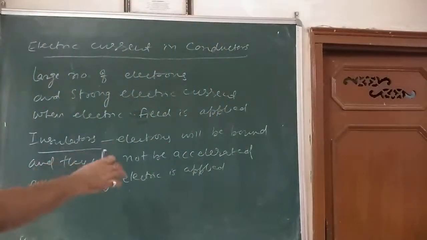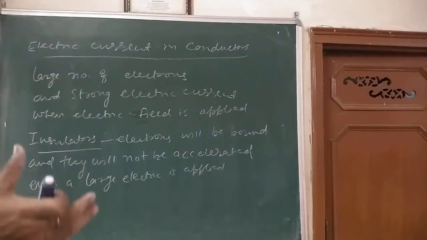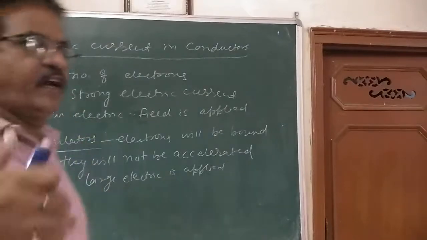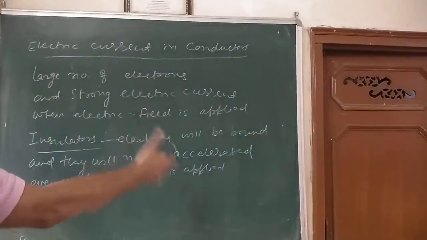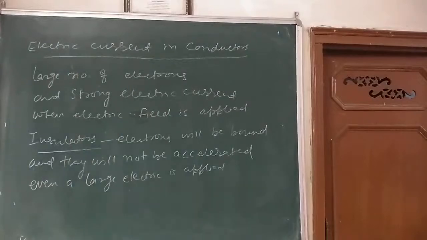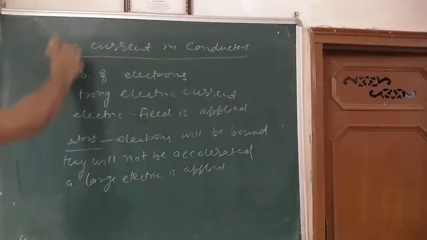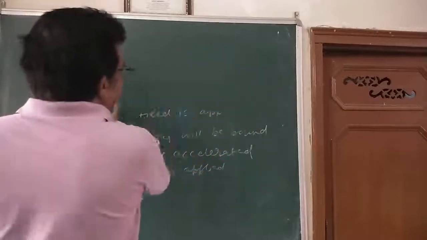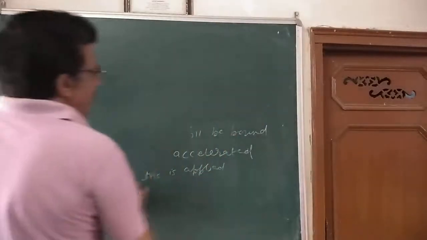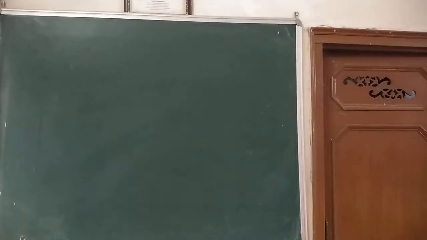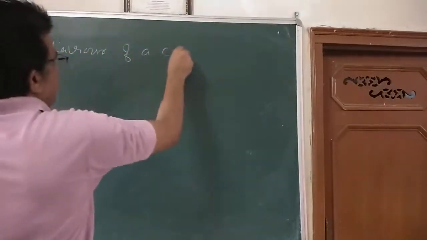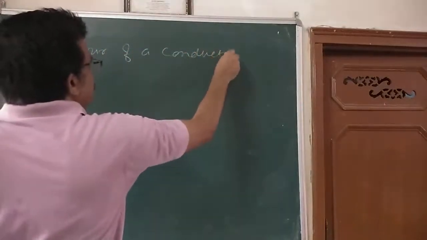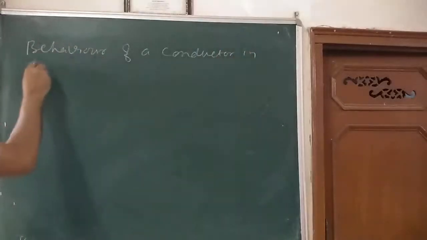So such materials in which current can't flow are called insulators, and the materials in which current can easily flow are called conductors. Now, what is the behavior of a conductor in an electric field? Now we are going to see an important article, that is, the behavior of a conductor in the presence of